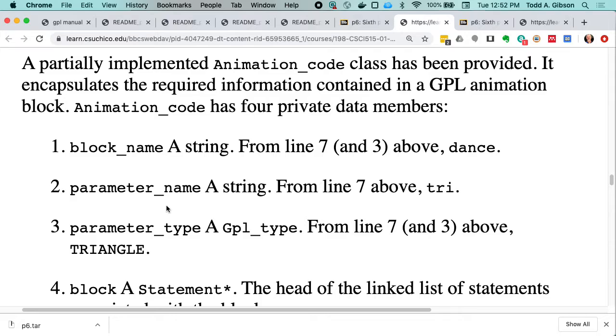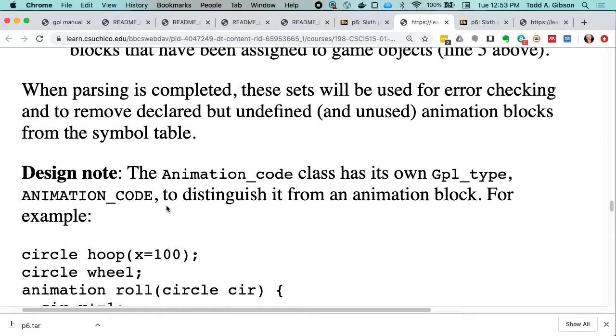This was provided in an earlier project in order to get the earlier projects to compile: a partially implemented animation code class. Let me pause for a moment and talk about why it's called animation code and not animation block. Your first instinct would be, well, why isn't the class called animation block? Because we have GPL triangles, and there's a triangle class, right? And there's GPL rectangles, and there's a rectangle class. We have GPL animation blocks. Why isn't there an animation block class? And the reason, and I made a little note of that in this write-up,